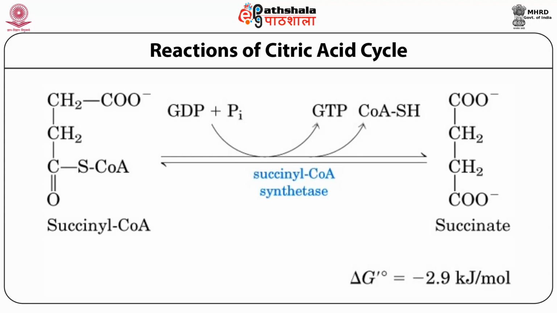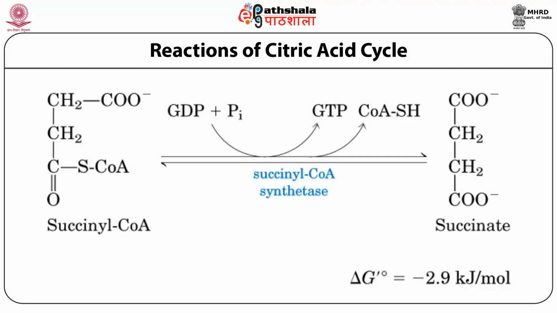This is the only step in the TCA cycle where ATP is made directly. The bond between succinate and coenzyme A is particularly unstable and provides the energy needed to build a molecule of ATP. In mitochondria, the enzyme actually creates GTP in the reaction, which is converted to ATP by the enzyme nucleoside diphosphate kinase. Succinyl coenzyme A synthetase.